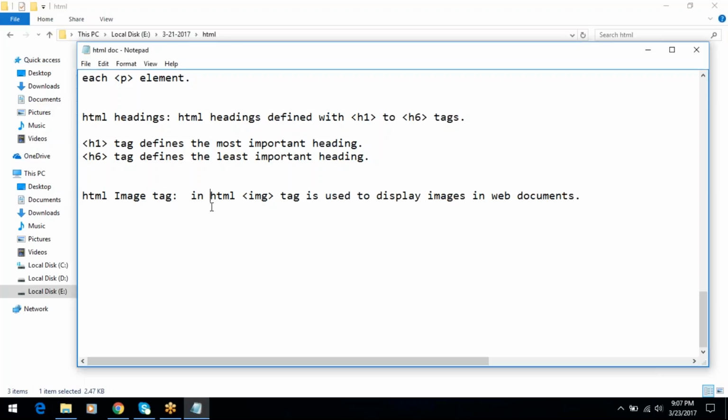Okay, so the image tag is used to display images in our web pages, in the browser. And the syntax for the image tag: